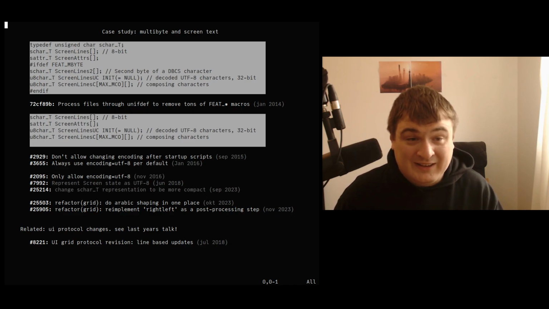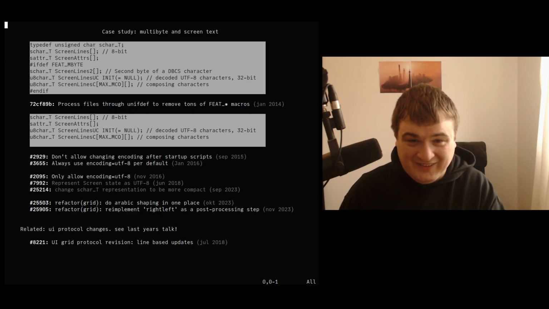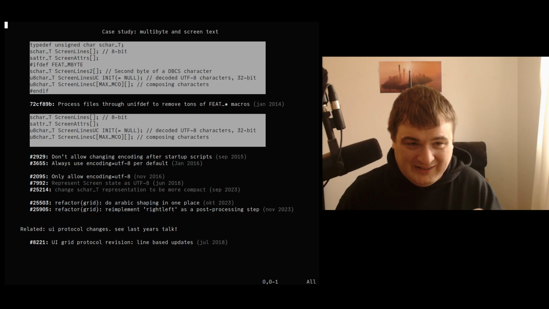And this was quite interesting, but some of the maintainers, especially Justin, said like, "Whoa, this is kind of interesting, but maybe we should take this more stepwise." So first we said we should always default to UTF-8 as the internal encoding and not allow to change it after startup. And it turns out, surprisingly, that people were very happy with this, that people want to use Unicode. So we could move on with this plan and finally only allow UTF-8 also as the internal encoding, which led